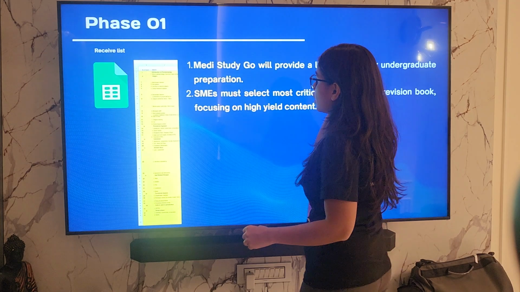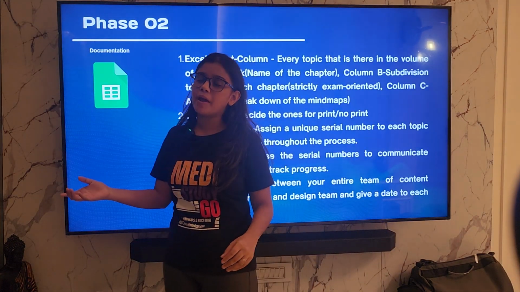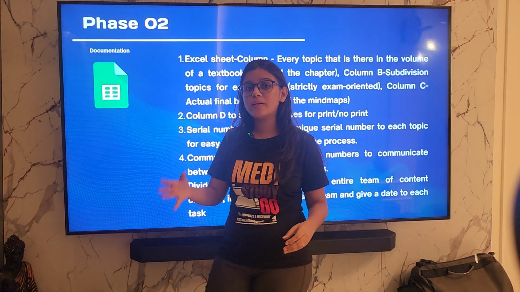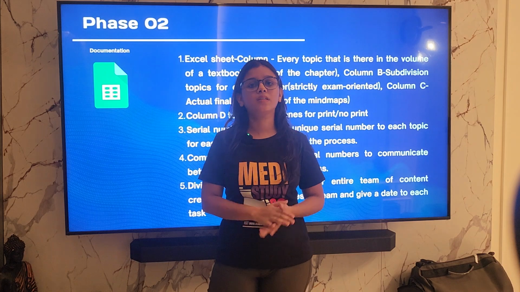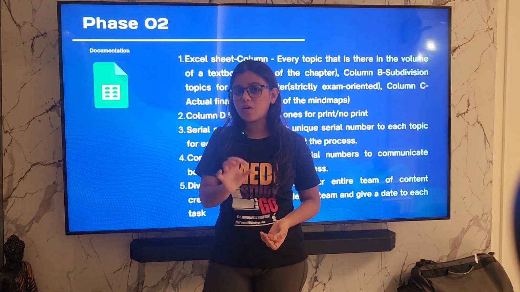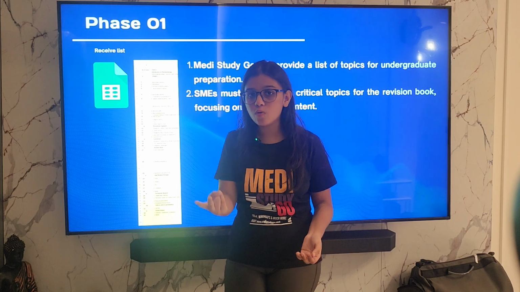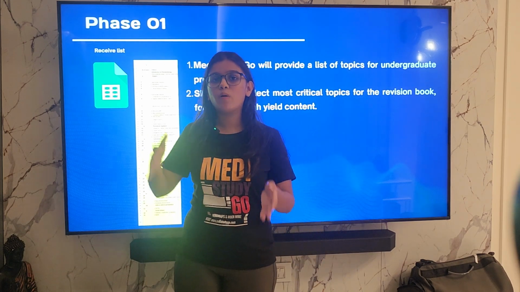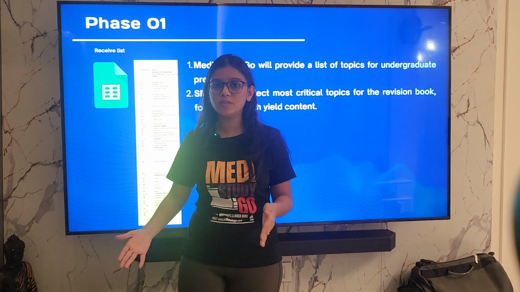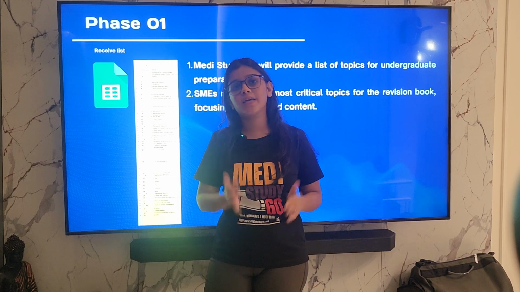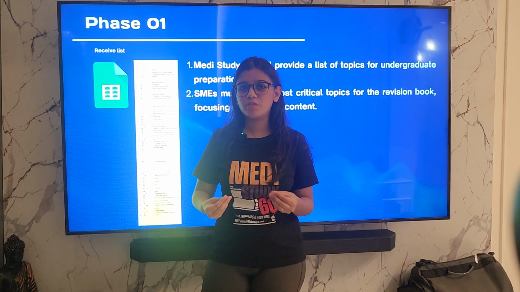Another thing that you should keep in mind when you have the list is that you should see how you want to divide it as volumes. We prefer not to have one single book of your subject. We prefer to at least have 2 volumes. So you might want to have one volume which is the first half of the subject and the second volume which is the second half of the subject, so that it's easier for the student to carry.